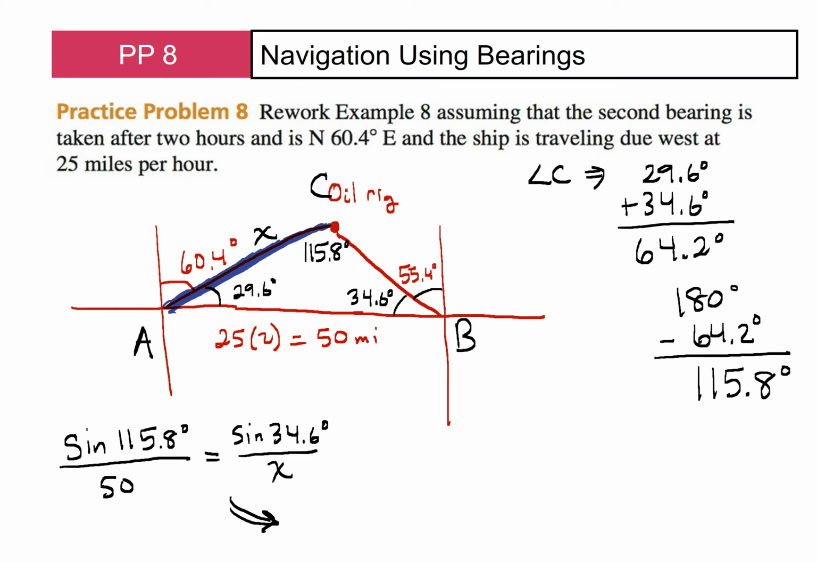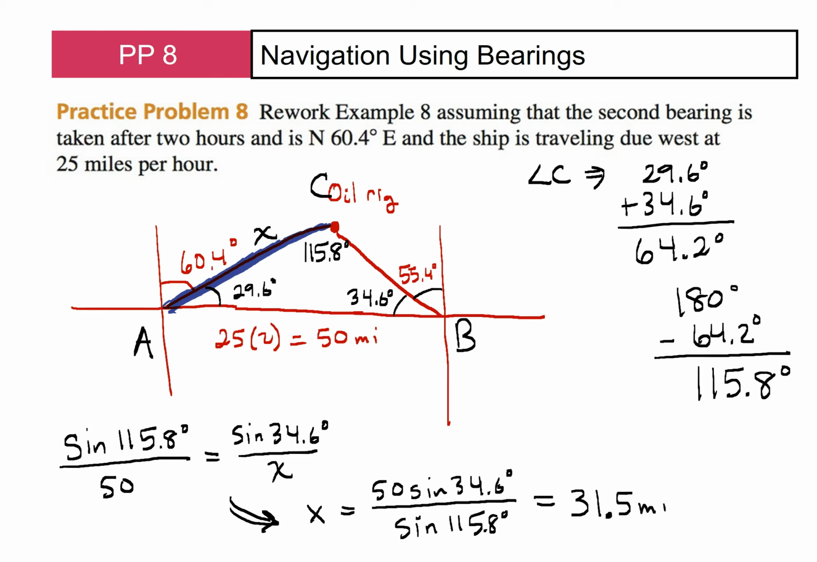All right, multiply both sides by x, 50, and then get rid of the denominators. I'm going to let you guys do that yourself just to make sure you can get to that right here. Solved for x would be 50 sine of 34.6 over sine of 115.8. Plug it into your calculator most likely, and we'll get ourselves 31.5 miles. We are 31.5 miles away, which makes sense from our previous problem,